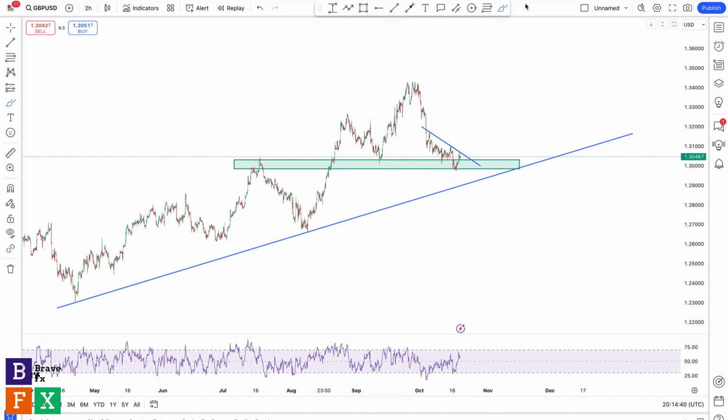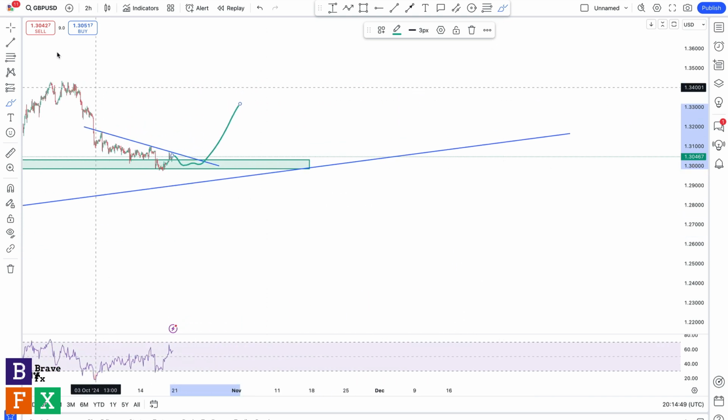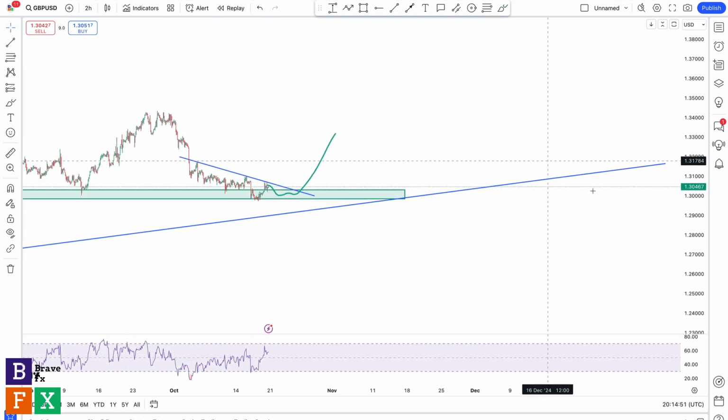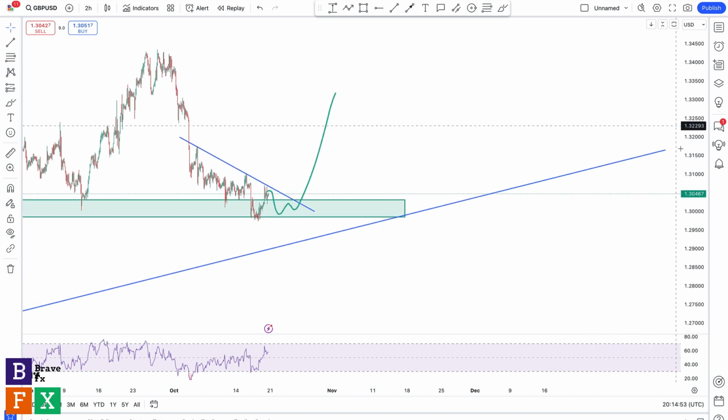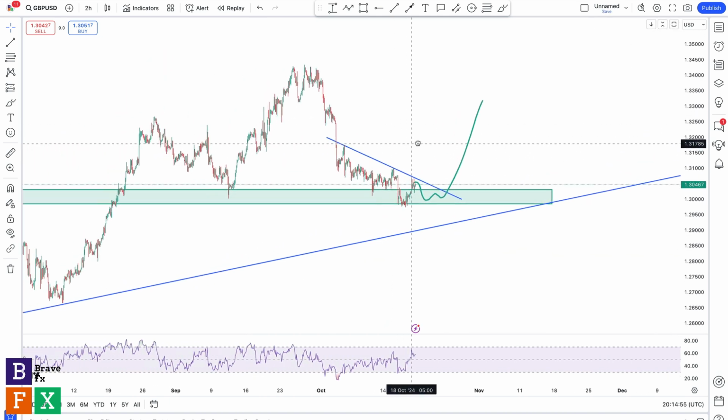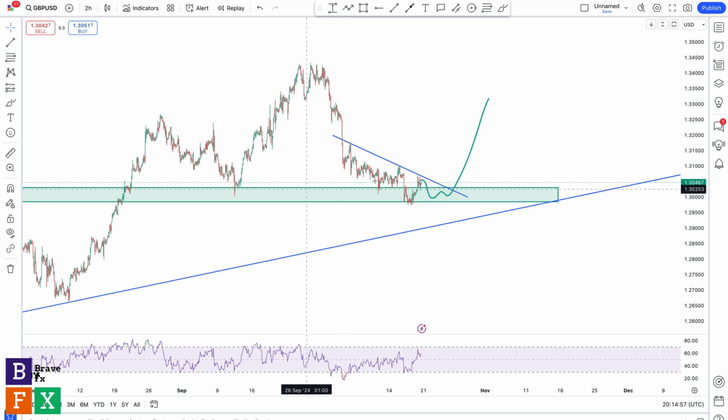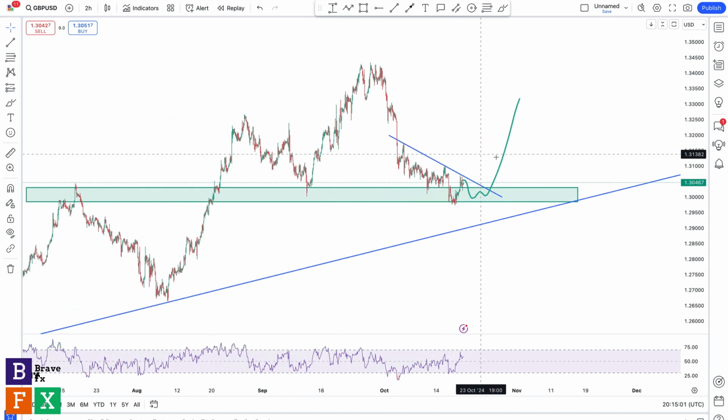Another case scenario is seeing price consolidate over here, right? Then taking out this trend line. So this one I drew here. So I'm going to zoom in a little so you see what I'm talking about. This is going to be a good trade, right? Because of the way it's structured. So bouncing up this area of value, taking out this trend line. Yes, good trade. But a better trade